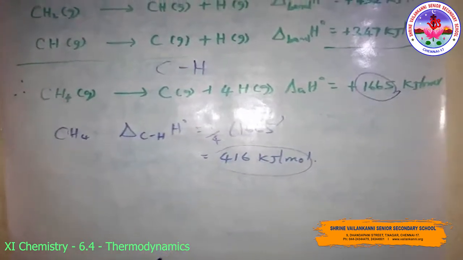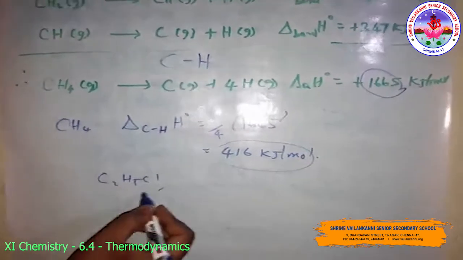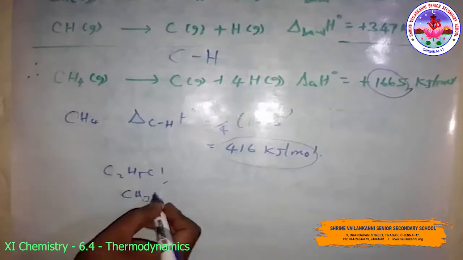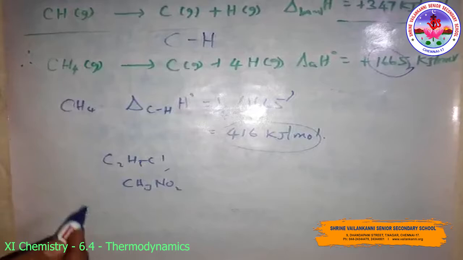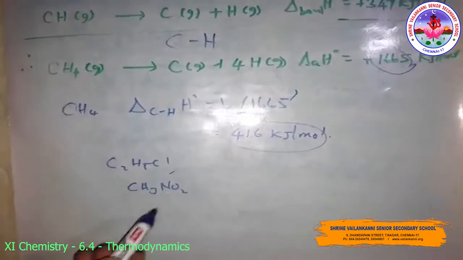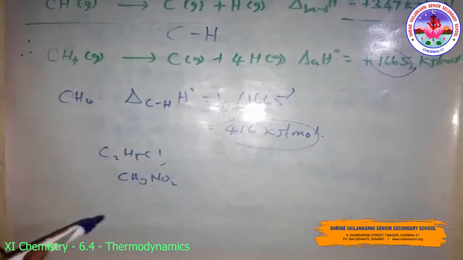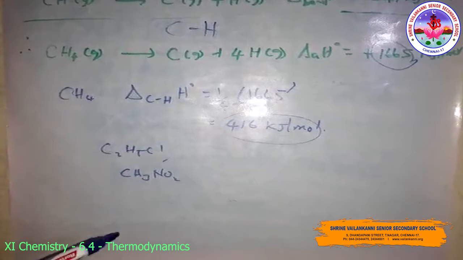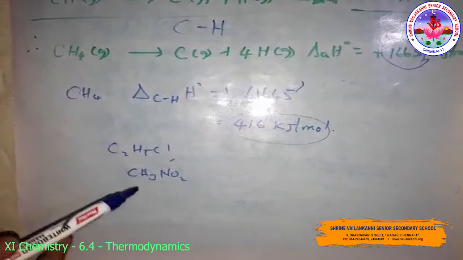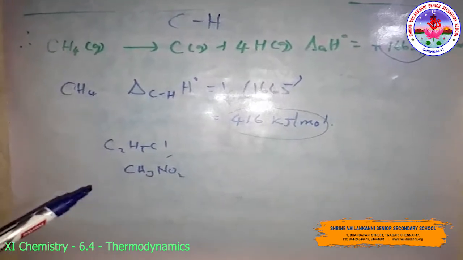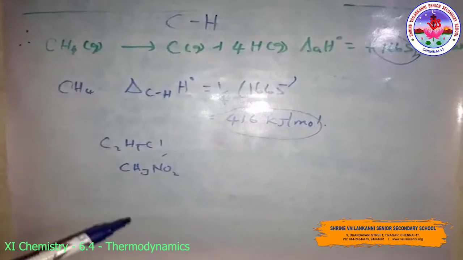It has been found that the mean CH bond enthalpies differ slightly from compound to compound, as in ethyl chloride C2H5Cl and CH3NO2, methyl nitrate, but it does not differ a great deal. Using Hess's law, bond enthalpies can be calculated. The reaction enthalpies are very important quantities, as these arise from the changes that accompany the breaking of old bonds and the formation of new bonds. So we can predict the enthalpy of a reaction in the gas phase if we know the different bond enthalpies.